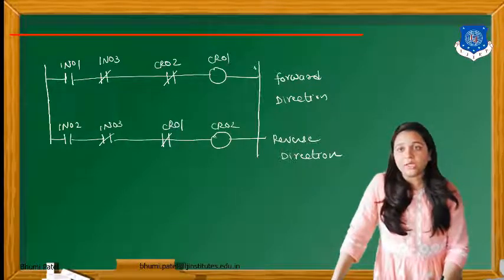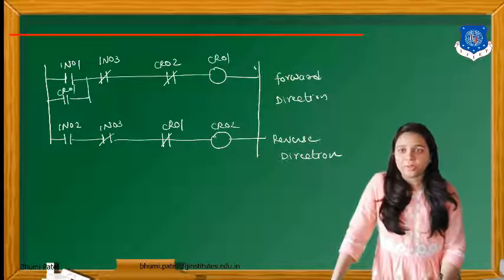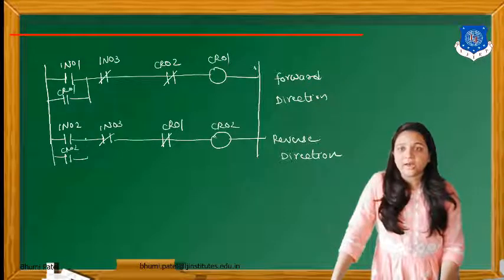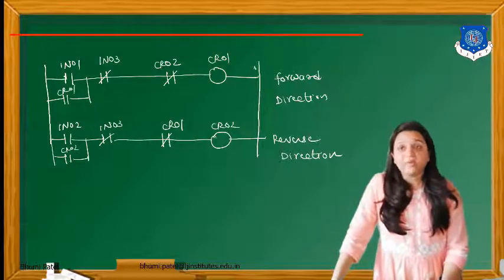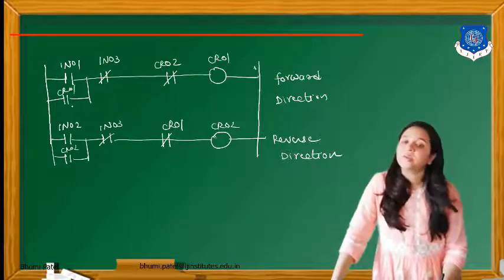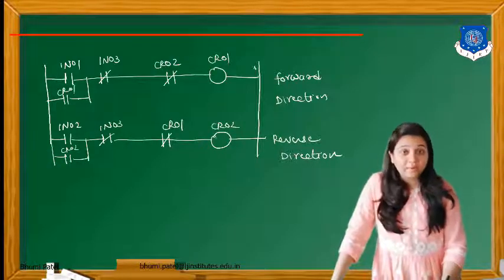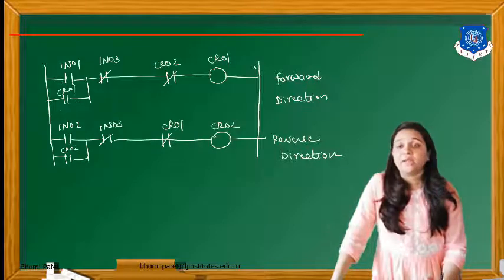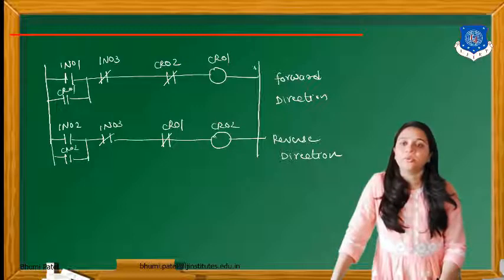Now we can put here a parallel connection with the input switch, from the output terminal. Same for the next term. Now what is the advantage of this? If the start button is not working properly, at that time we can get the output from this parallel connection. This is optional for the programming, but if you want to take some safety, then we can connect the output signal in parallel with the input switch.